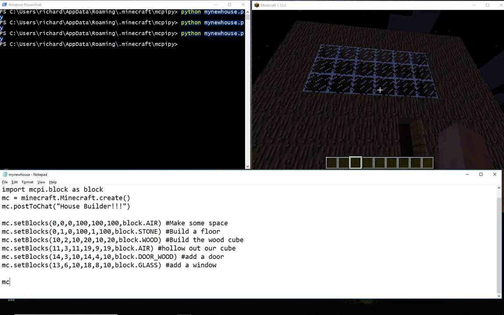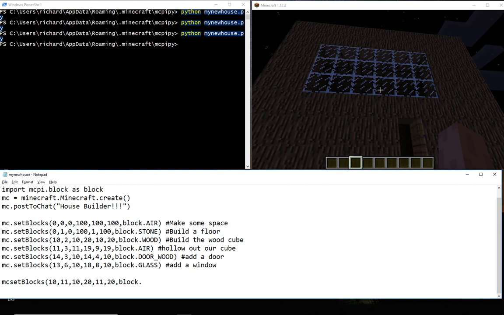Now, if we do mc.setBlocks, similar sort of thing. Here we go. mc.setBlocks, and then this time, that's number 11, is it? So this time we're starting at 0, and then up, so that'll be 11. So we're going to go all the way up to the top, and then 0. So we're starting at 0, 11, 0, and then how far across? It would be 10. Oh no, we didn't start at 0, did we? Because that'll be in the wrong place. We started at 10 here. No, so it'd be 10, 11, 10, and then it'd be 20, 11, 20, and then block